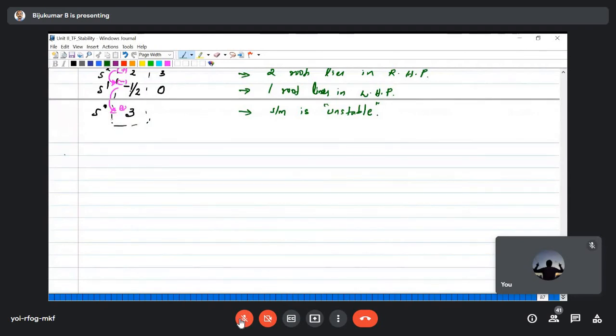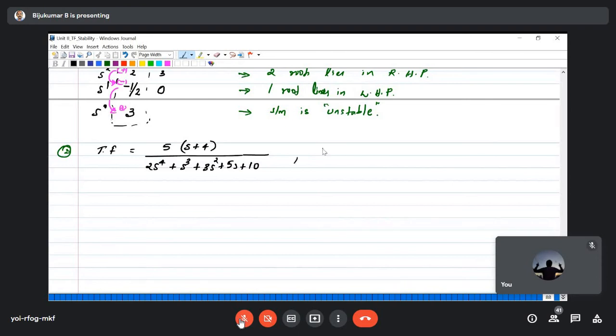The transfer function of the system is given as 5 multiplied by s plus 4, the whole divided by 2 s raised to 4 plus s cube plus 3s square plus 5s plus 10. Question is